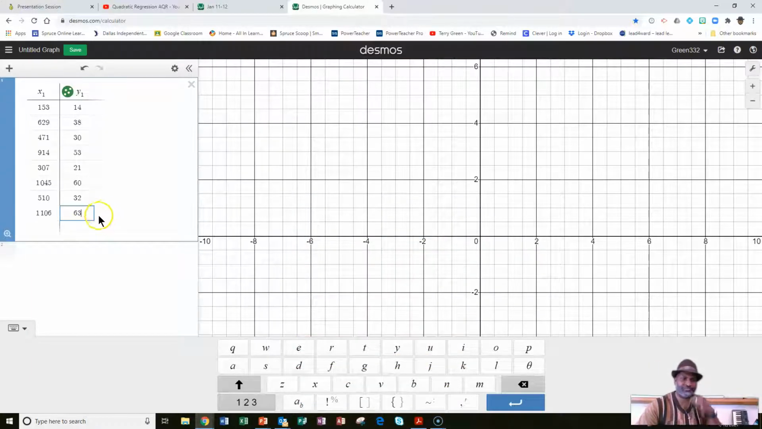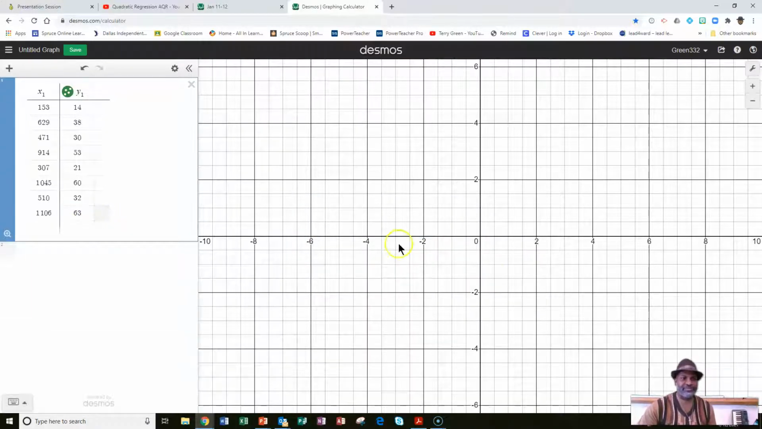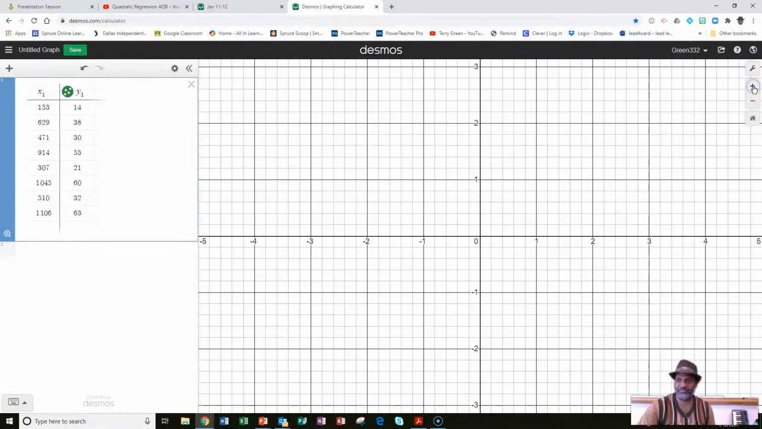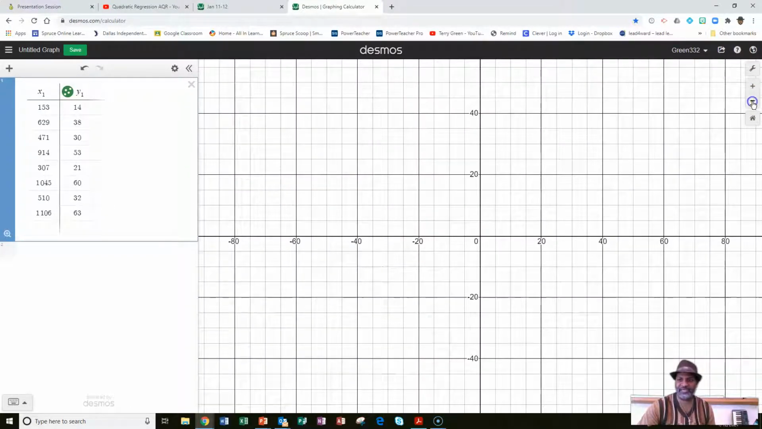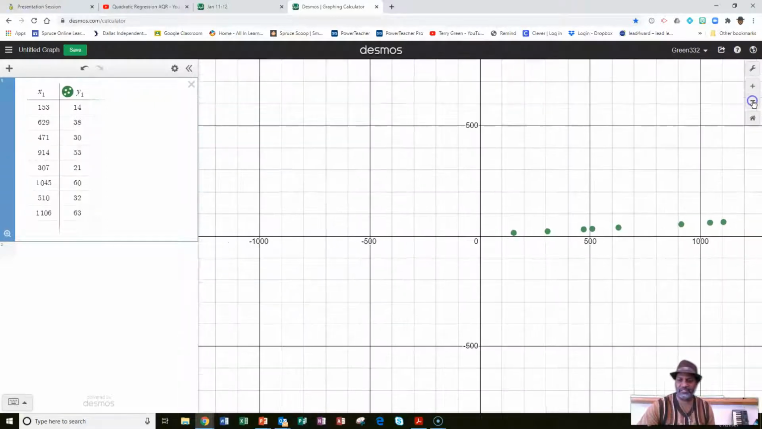Okay, alright, we now have the data in. Again, they said that this should be a linear function, so let's zoom out and see our data points. There they are. Okay, it is definitely a linear function there. So,